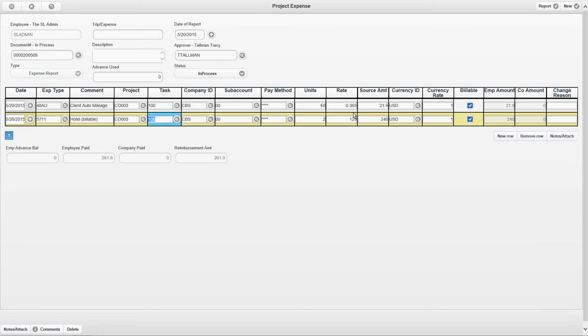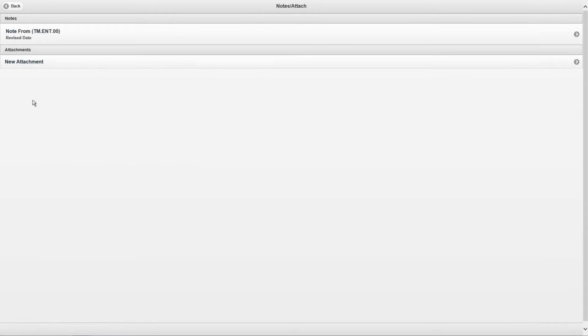We also, as a note, can hide fields that maybe aren't pertinent to your company, fields that might confuse the end user, so we can hide them as well. Now, once I've got my expense entries into the system, just like you had over in the time entry, we can run a report in case that's what you need. But more importantly, what a lot of people want to do is go ahead and attach those receipts. So one of the features that we have is the ability right from inside the web app to create and